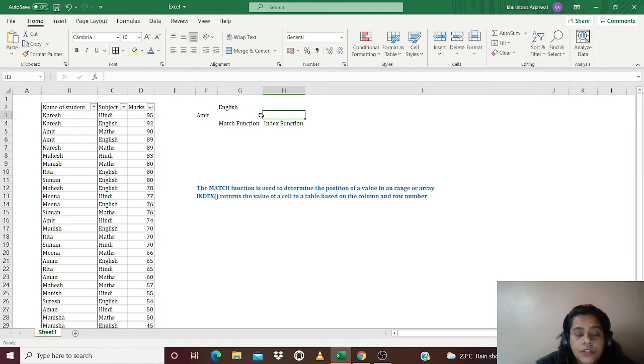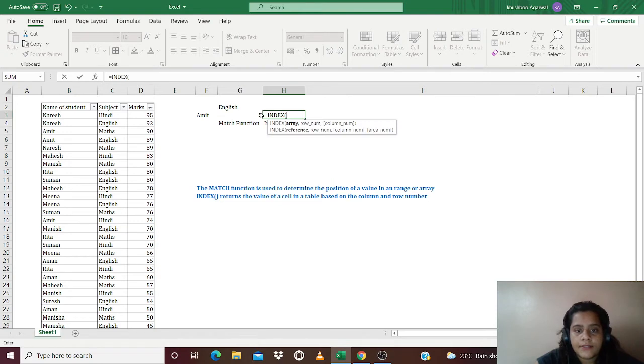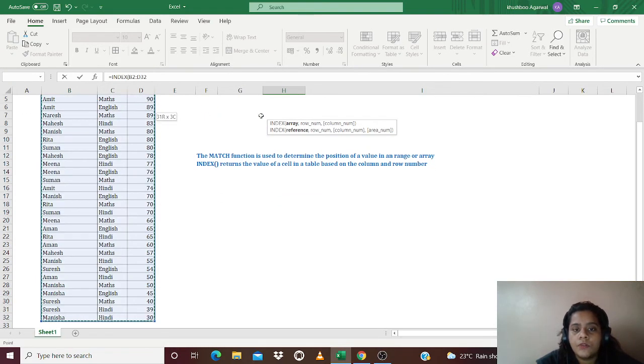Now, since over here we have to map both the columns and the rows, the INDEX function returns the value of the cell based on the unique row number and the column number which you have defined. For example, INDEX: first, we'll have to select the entire table in which the values are appearing. Then we select the row number. Suppose I mention the row number as 4 over here and the column number as 3, since we have 3 columns in our table.